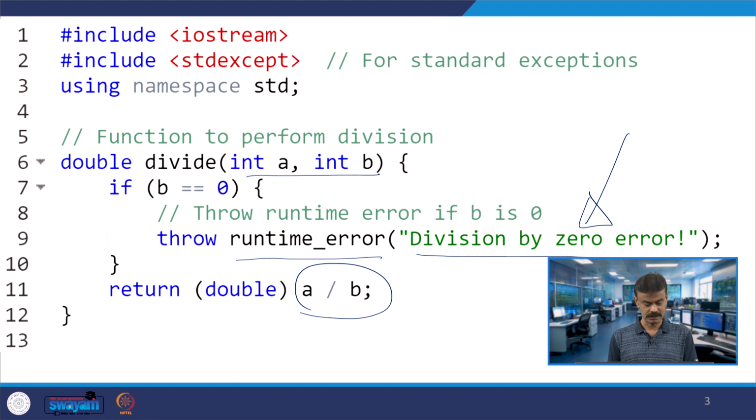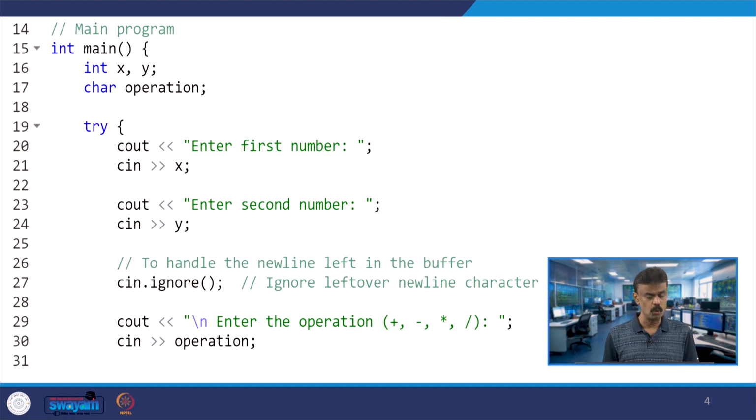The idea is to have the arithmetic calculator. Now you have two variables x and y whose data type is integer and you have an operation character. Now you have a try block. As I said in the last class, in the try block you are writing the usual program.